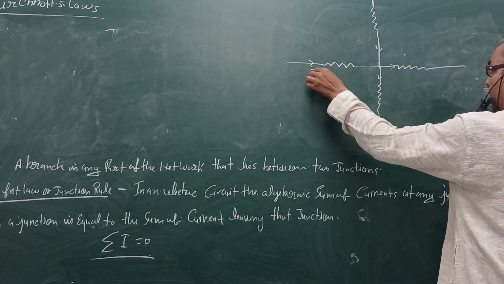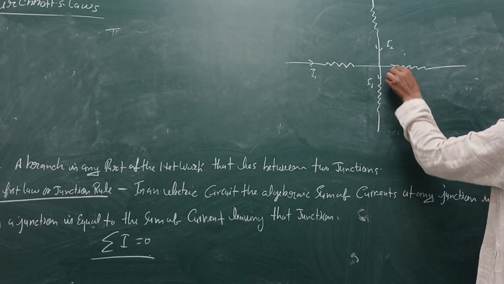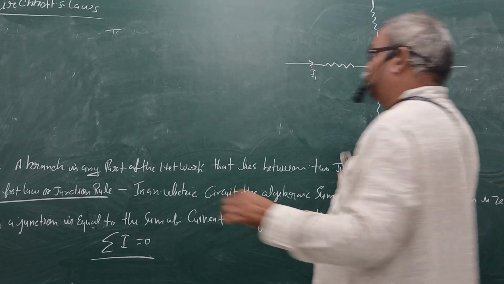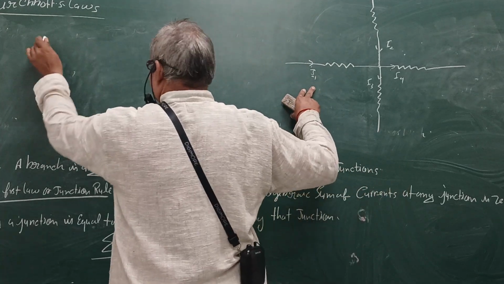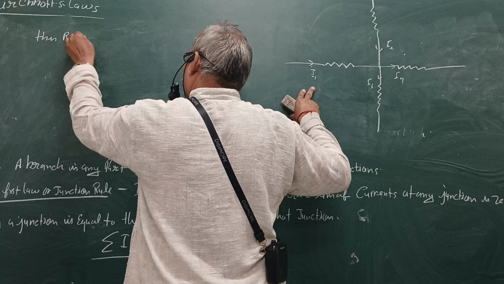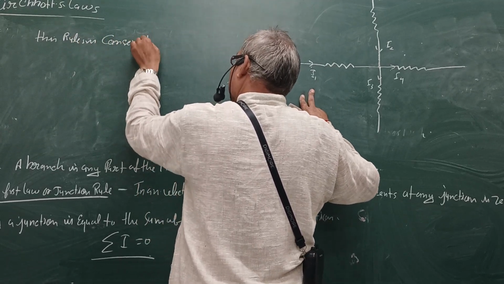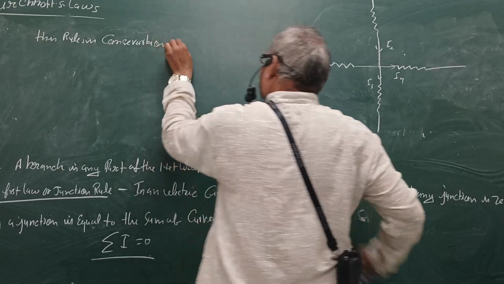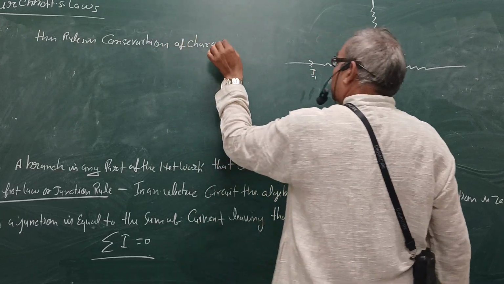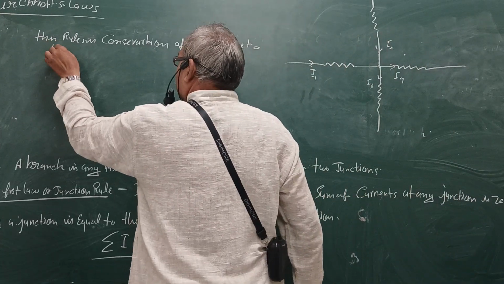This is the current I1, this is the current I2, this is the current I3, this is the current I4. The junction law is defined by the conservation of energy. This rule is the conservation of charge due to time,